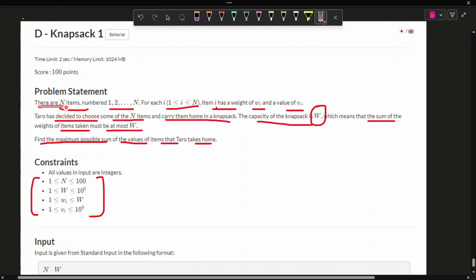So in this problem, we are having n items which are numbered from 1 to n. For each i from 1 to n, item i is having some weight wi and some value vi. Taro has decided to choose some of the n items and carry them home in a knapsack. A knapsack is a kind of bag which has a max capacity of W weight, which means that the sum of the weights of the items he is choosing must be at